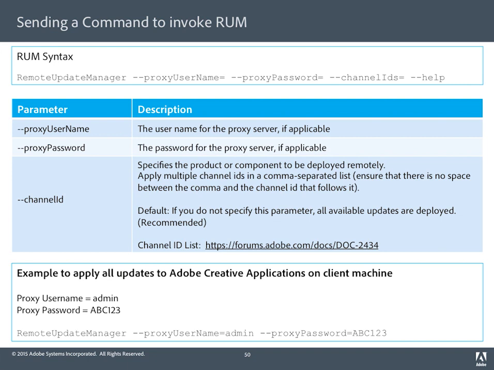Let's briefly discuss the syntax for using the Remote Update Manager, or RUM. In order to use RUM, you will need to be able to send a message to client workstations. Displayed here is the syntax for that message, as well as the description of each parameter. RUM does support proxy, and you can call the Remote Update Manager to make it active. By default, RUM applies all the updates available to products installed on the workstation. However, you can call individual product updates by appending a channel ID to the command. For a list of the channel IDs for each product, see the channel ID list link in the table on